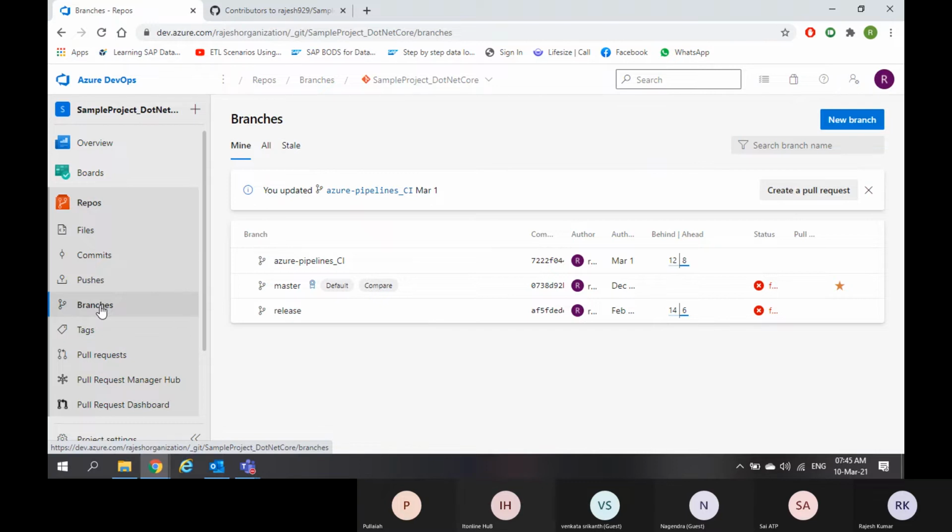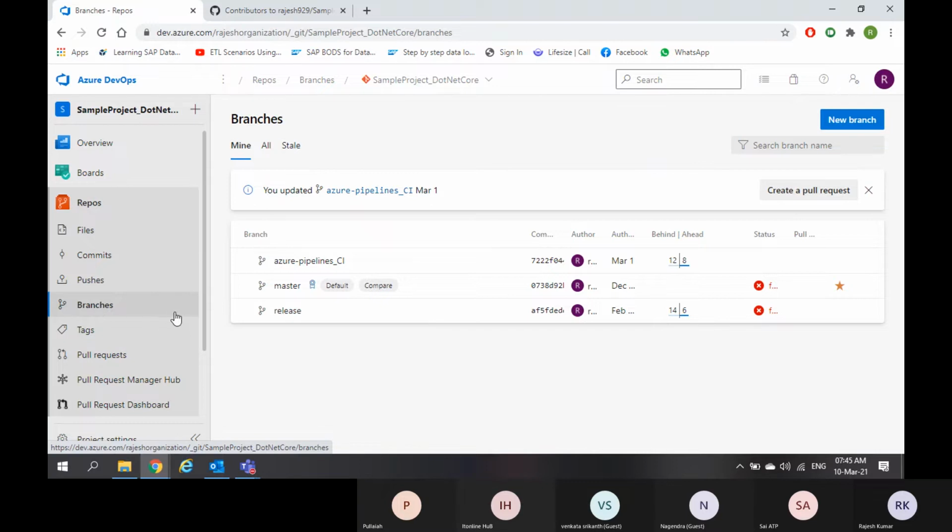The same way, if you have 10 developers and the 10 developers are working on the same repository, they can have their own branches. That means they can write their source code in their separate branch. No need to write in others' branch. But at the end of the day, people will be merging all these branches' changes into one centralized repository, that is nothing but the master branch. I will tell you the branching structure also.